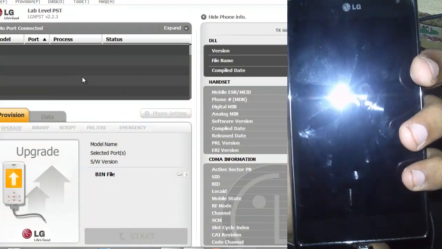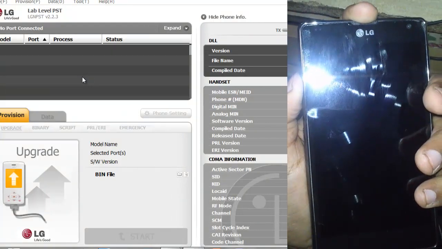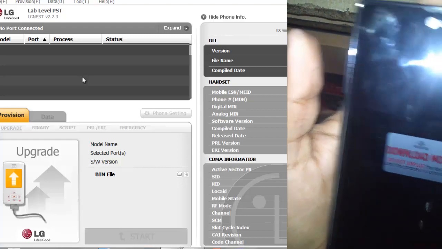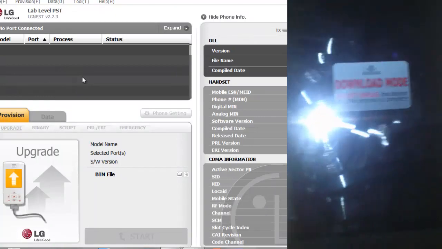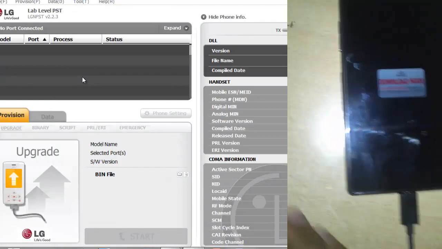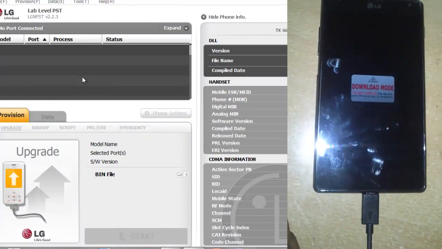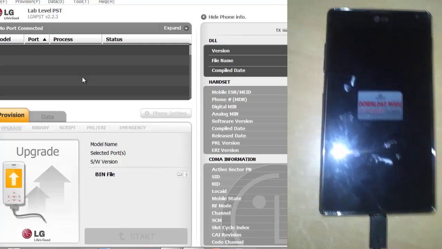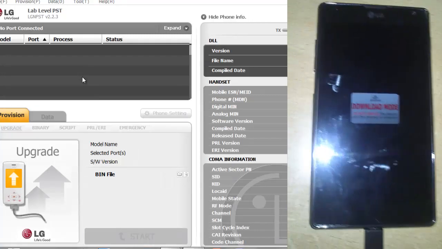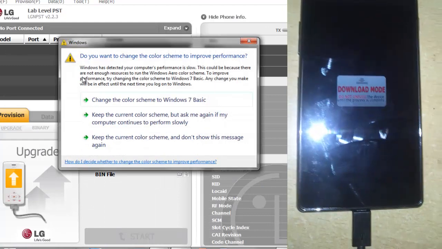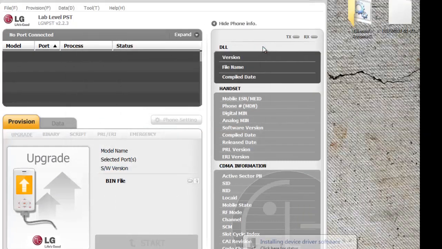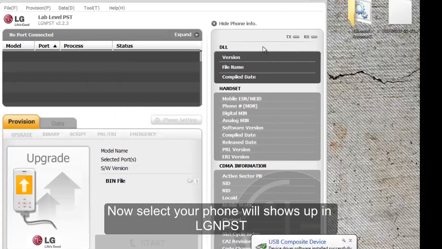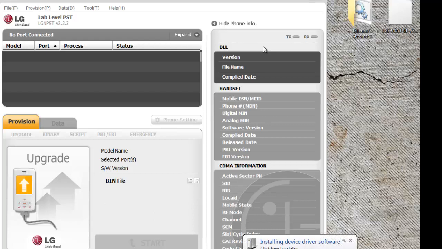Here you go. You can see that my device is plugged in in download mode. Now take it aside. After plugging in your device, it will start to install drivers for download mode on your PC. See, your device's drivers are installing. The device shows up in a few seconds.